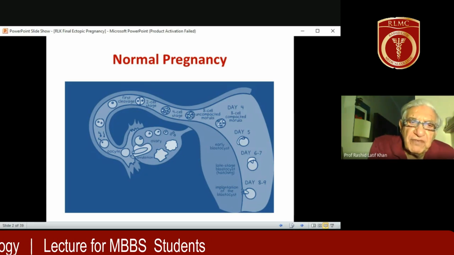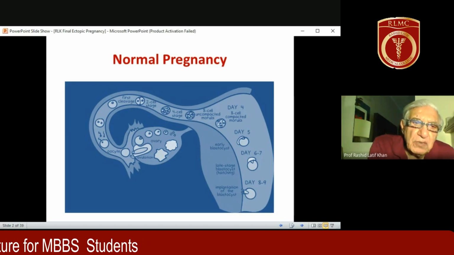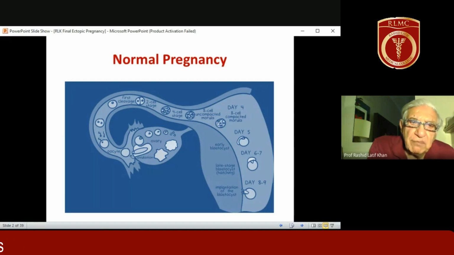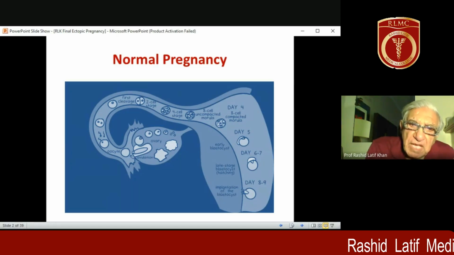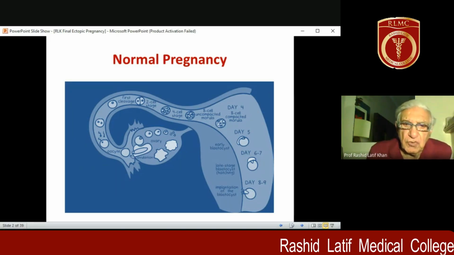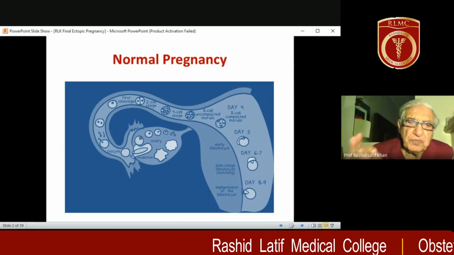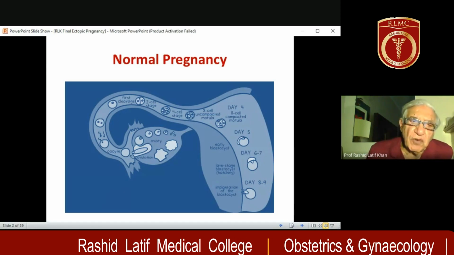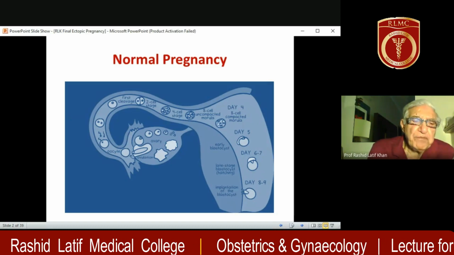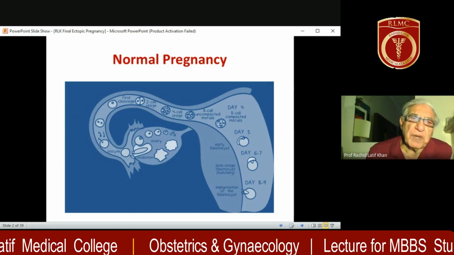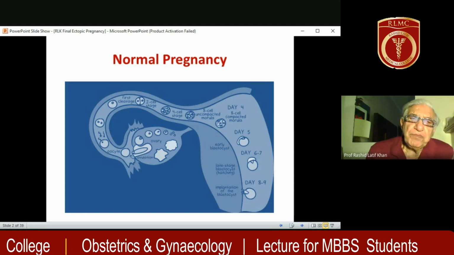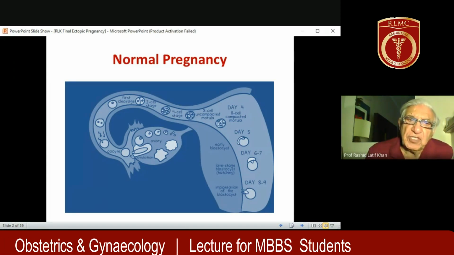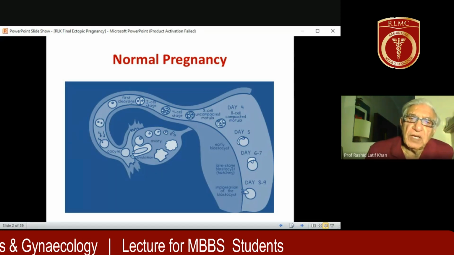After 4 or 5 days, you can see through the picture the ovum, once fertilized, divides into two, then four, then multiple cells, called the morula, and then the blastocyst develops. That blastocyst implants itself in the uterine cavity. So there are two things in a normal pregnancy. One, the egg immediately enters the fallopian tube after it is released from the ovary, and then fertilization takes place in the lateral part of the fallopian tube, that is the ampulla. And then a certain delay, which is 4 to 5 days, is essential for pregnancy to take place.